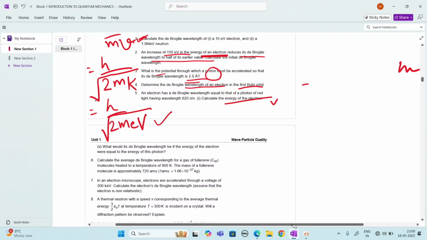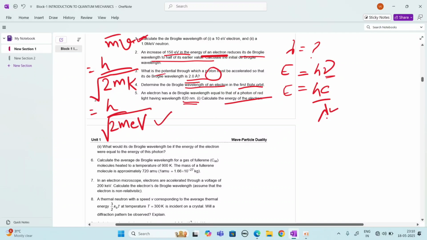डी ब्रॉगली वेवलेंथ क्या होती, ये हमने कैलकुलेट करना है। सेकेंड पार्ट है, डी ब्रॉगली वेवलेंथ कितनी होगी इफ एनर्जी ऑफ इलेक्ट्रॉन इज इक्वल टू एनर्जी ऑफ दिस फोटोन। और फोटोन की एनर्जी होती है hν। और इस क्वेश्चन में हमें फोटोन की वेवलेंथ दी हुई है, तो इसको हम hc/λ, ये हमारा फॉर्मूला होता है, ν इक्वल टू c/λ। ν को हमने सब्स्टिट्यूट कर दिया c/λ। और इलेक्ट्रॉन की एनर्जी इक्वल टू दैट ऑफ फोटोन, ठीक है। इलेक्ट्रॉन की एनर्जी है hc/λ।